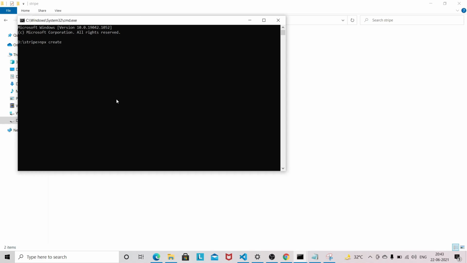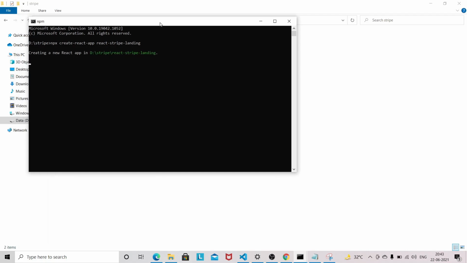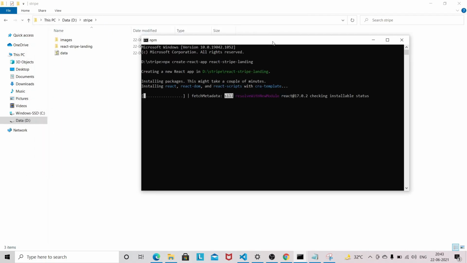So npx create-react-app, and I will give the project name React Stripe landing. Guys, it will take 5 to 10 minutes to install all the necessary dependencies. I'll be back once all the necessary dependencies get installed.